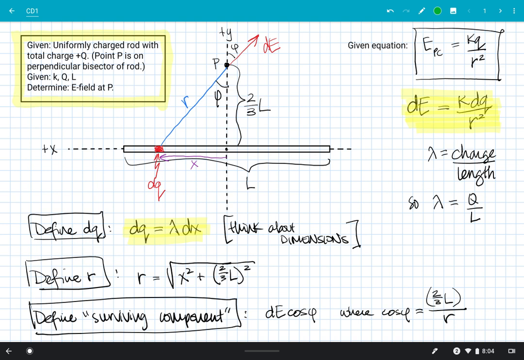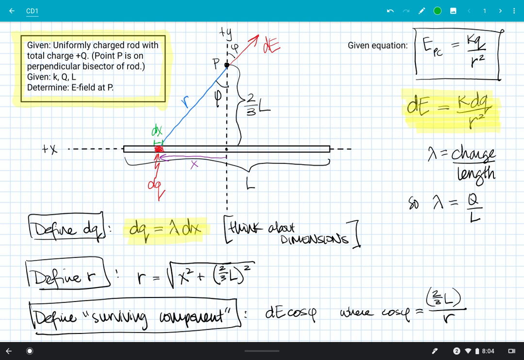So one is that dx is part of the properties of our differential element. Our differential element is a tiny little point charge, right? It's a chunk of charge. We know that it has an amount of charge dq on it. I can also say that it has some length that I can call dx. So every little chunk of charge is going to have some non-zero length that I can call dx. And when I add up all of those dx's, I can make my charge